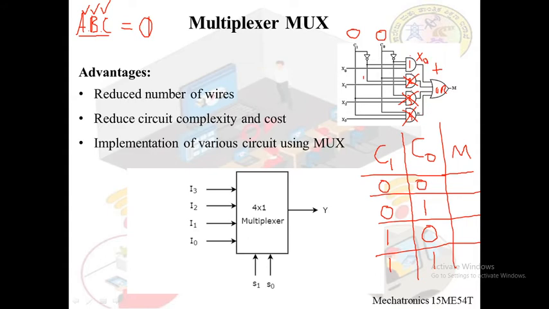If x0 is 1, 0 plus 1 will result in 1, so we will get the signal x0. So when select signals C1 and C0 are both 0, the signal x0 is taken as the output. Similarly, when C1 and C0 change to 0 and 1, a different output will result, and in all 4 cases, all 4 possible results will occur. The reader can verify the truth table for all the cases and see when the other signals are selected for the output.